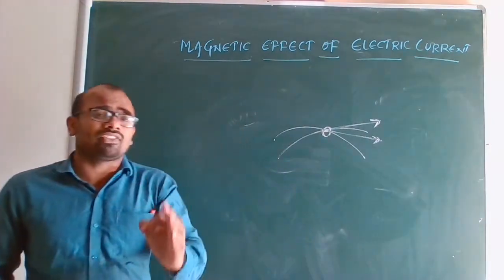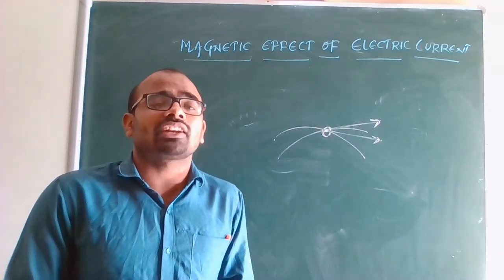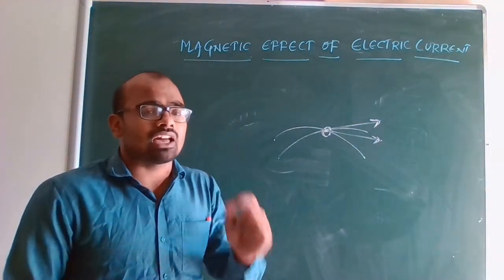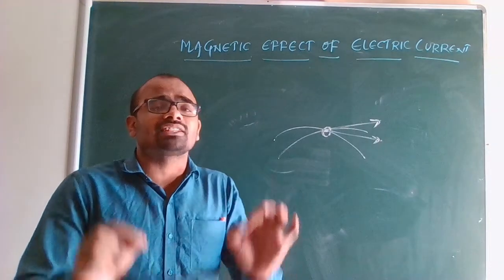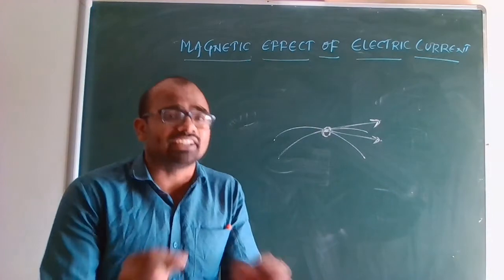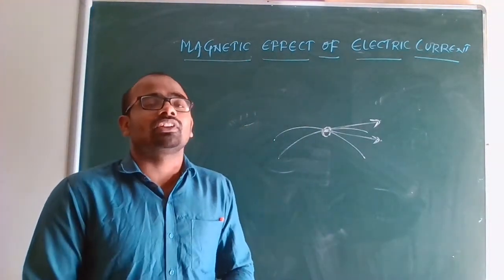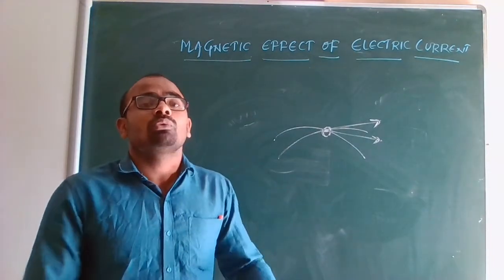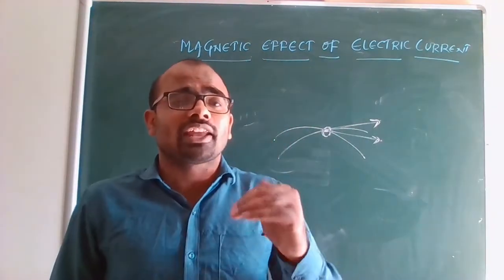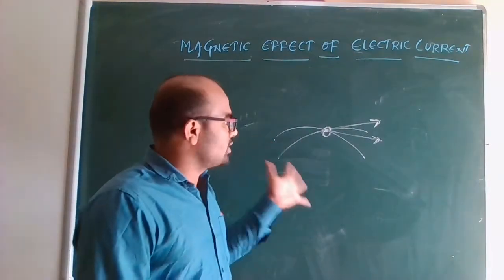So this question will definitely be asked. Please remember this. In this chapter they will ask why two magnetic field lines never intersect each other. Because if they intersect, at the point of intersection there will be two directions of magnetic field, which is not possible. Then after that, direction of magnetic field through a straight conductor. Last class we have seen that, so you have to remember that.